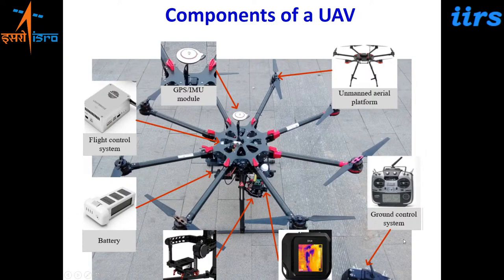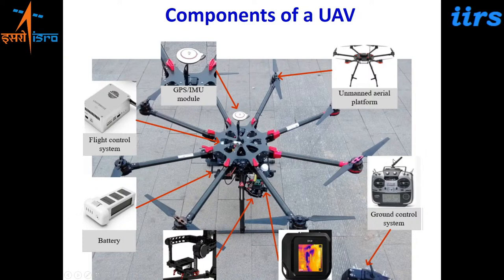And then along with this, you have a ground control station, or a ground station controller, which can also be a smartphone app, which allows you to fly the drone and keep track of the current flight telemetry, where it is flying. So you can define a path, waypoints, where the drone will fly, and continuously monitor using the smartphone app or a ground control station. So it shows you how the drone is moving, where it is collecting the data.